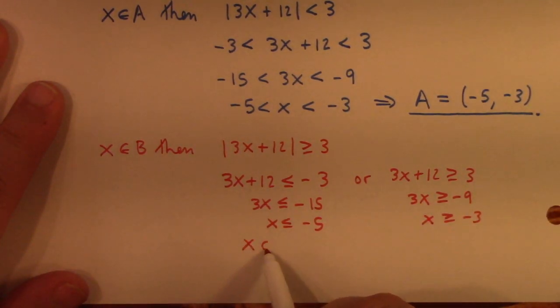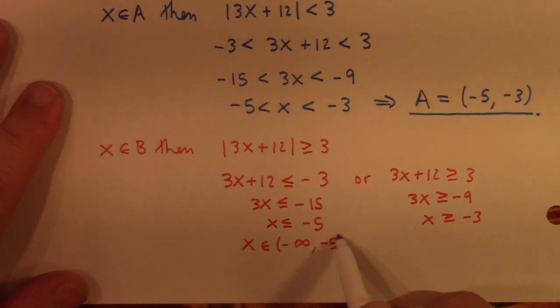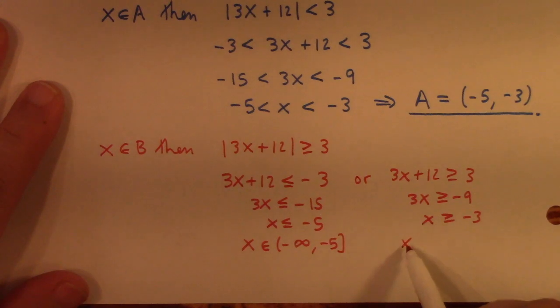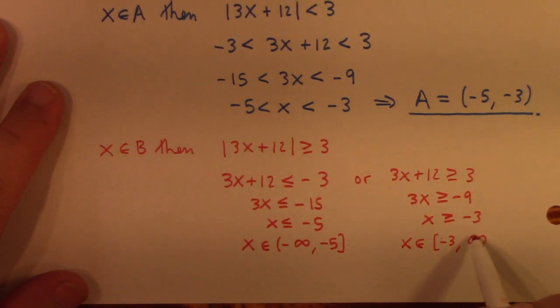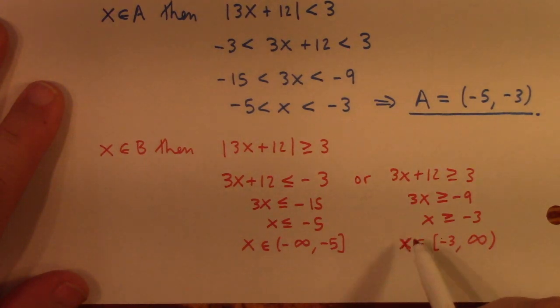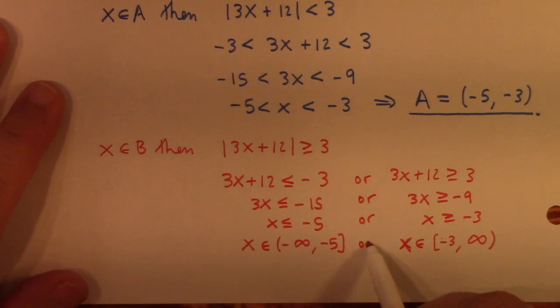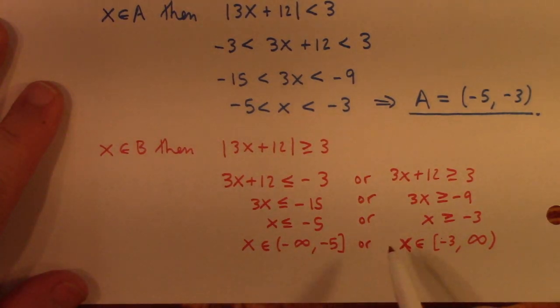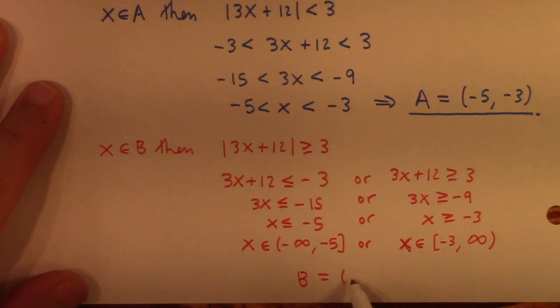So this says x is an element of minus infinity to minus 5 inclusive, and this says that x is an element of minus 3 to infinity inclusive. So it's either in that interval or that interval, which means that in fact B is equal to minus infinity to minus 5,